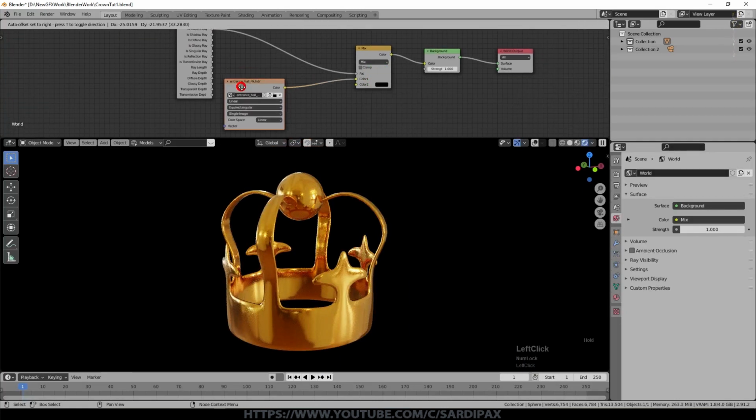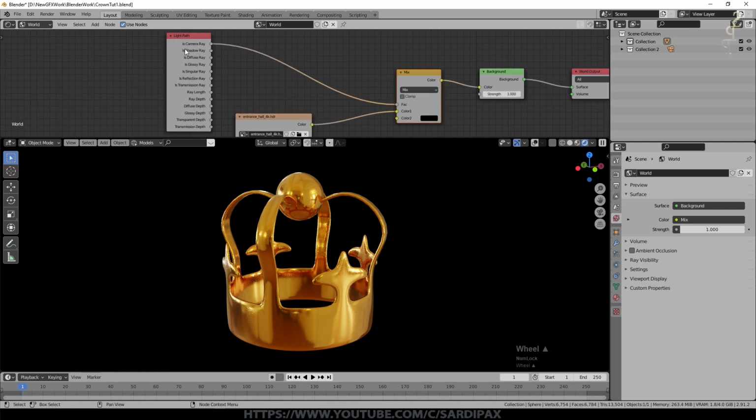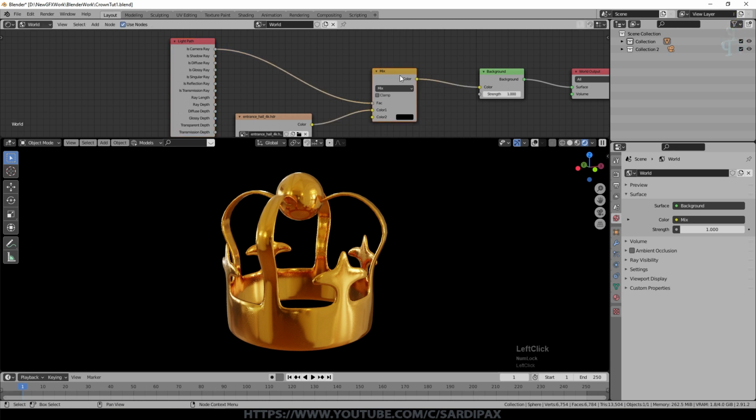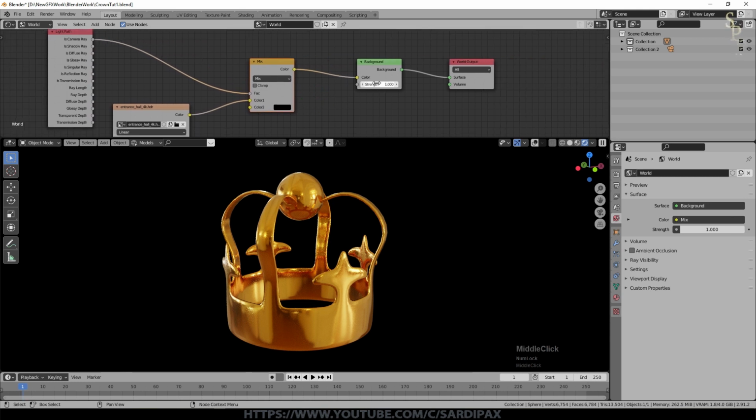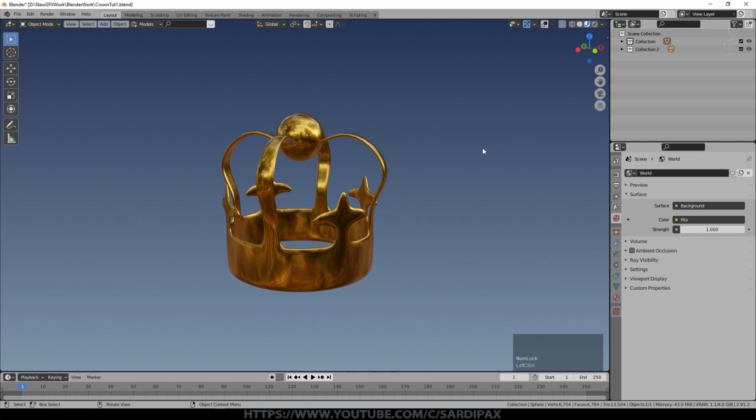So we've got our HDRI here, going into the top side of a mix shader. We've got a light path node, and you'll notice there are other things in here if you ever wanted to just single out reflections, for example. There they are. But we've got Is Camera Ray, and that's controlling the mix on that mix node, and then that just feeds into the background. So we'll close that for now. So that's our basic crown created.